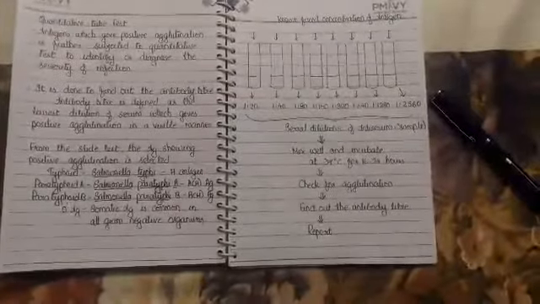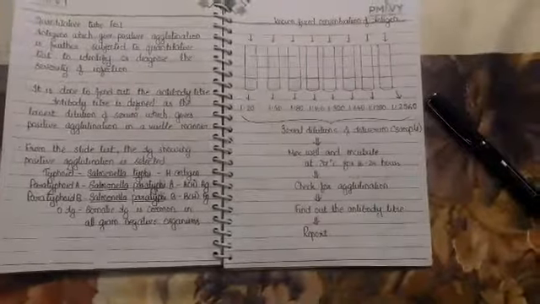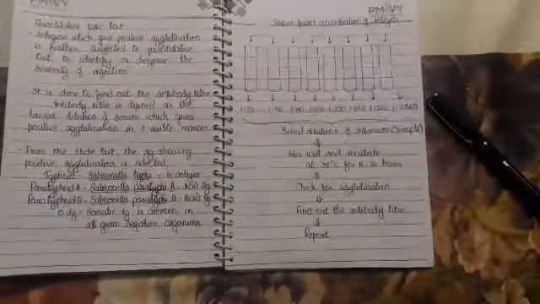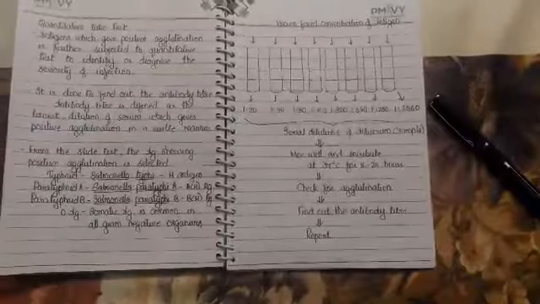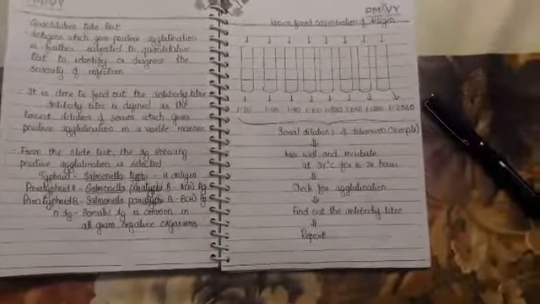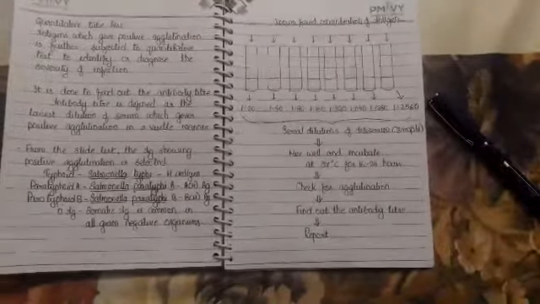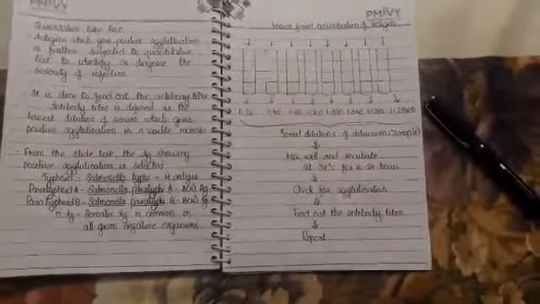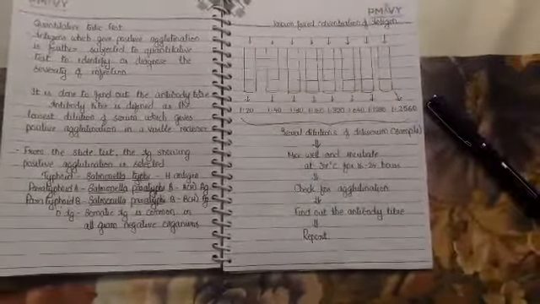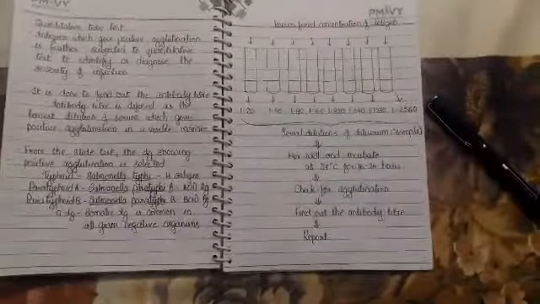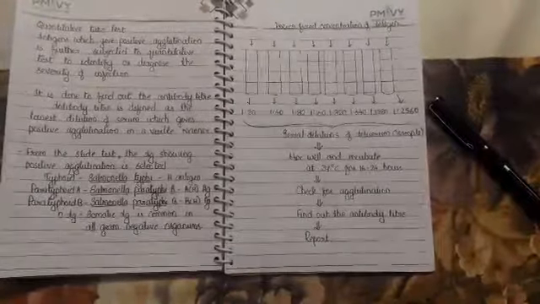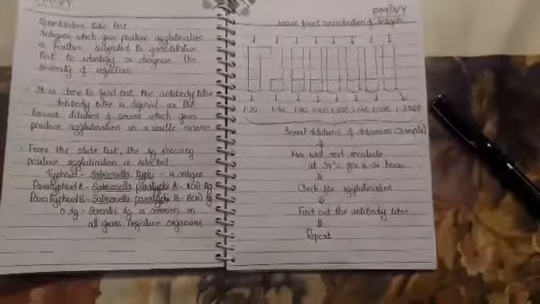The antiserum is serially diluted to 8 dilutions, and to all the 8 tubes we'll add a known fixed concentration of antigen. In the case of typhoid, we'll add the H antigen here. In the case of paratyphoid A fever, we'll add paratyphoid AH antigen, and in the case of paratyphoid B fever, we'll add BH antigen. After adding the corresponding positively agglutinated flagellar antigen, mix the tubes well and incubate at 37 degrees centigrade for 16 to 24 hours.